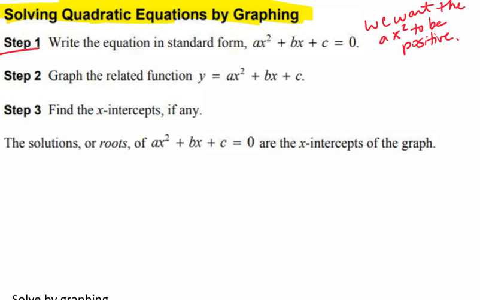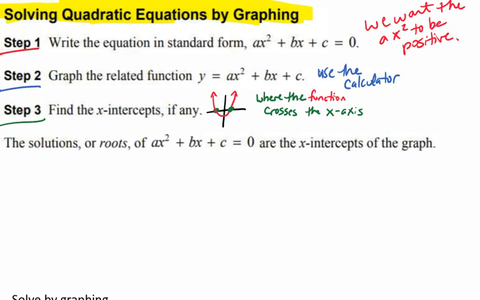The second step is going to be to graph the related function. So we're going to use our graphing calculator to do that. Third step is to find the x-intercepts, if any. Now our x-intercepts are going to be where the function crosses the x-axis. Now the solutions, or the roots, of our ax squared plus bx plus c equals 0 are the intercepts of